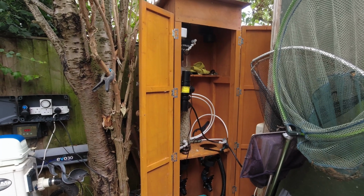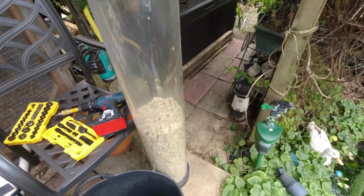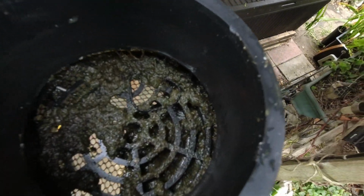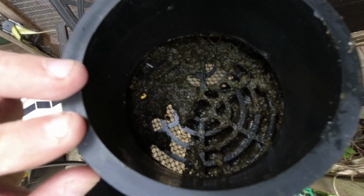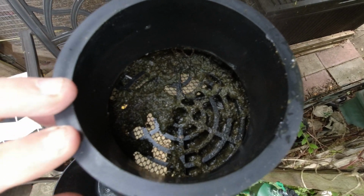Okay, that's the first one out, as you can see, and we've got it standing there. Just look in the top of it there, you can see some of the gunk in there, but it's not as bad as I thought it was going to be. I thought there was going to be a lot more in there, but we'll strip it down,